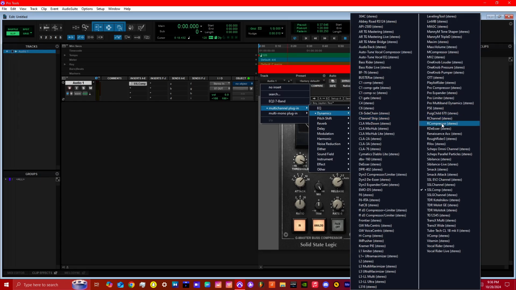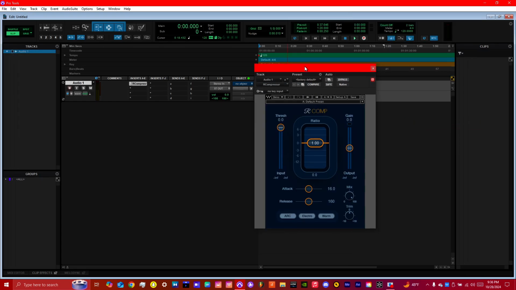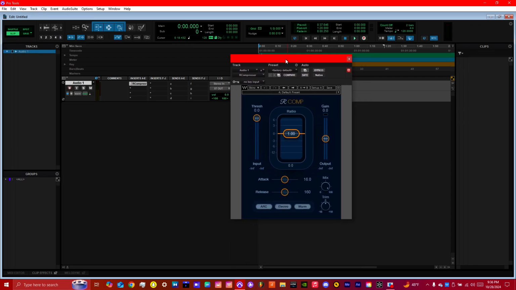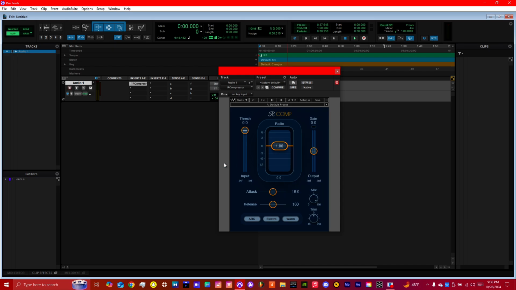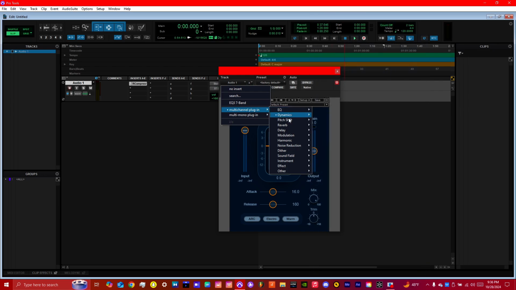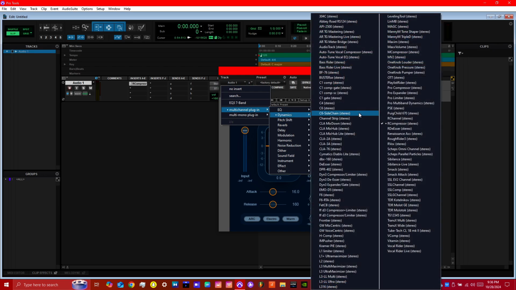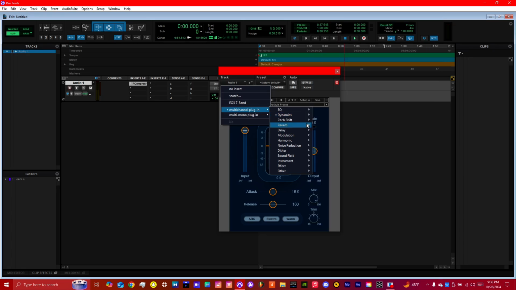Definitely another thing I like is the R Compressor. I don't find myself using this too much, but this is a great vocal compressor. I mean, the presets on it are pretty great, and you can't really go wrong with it. It sounds great. One other thing I definitely love using is